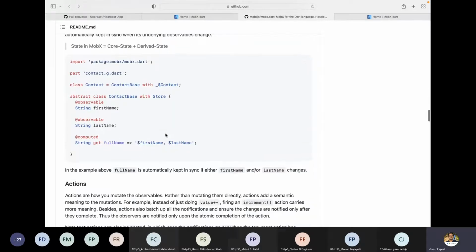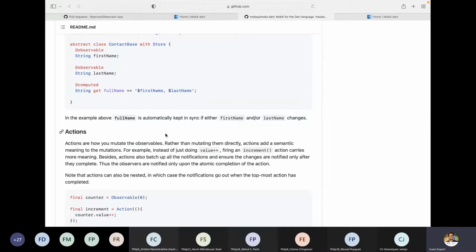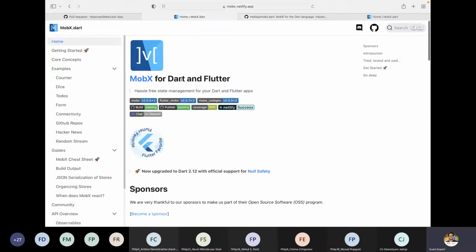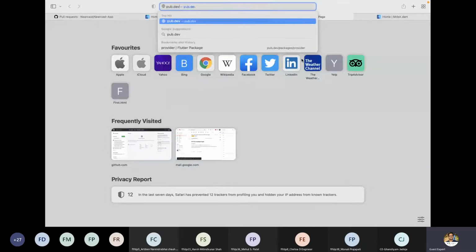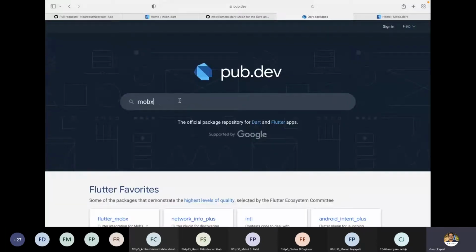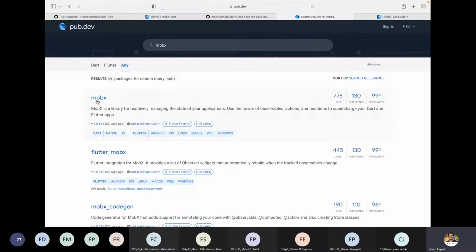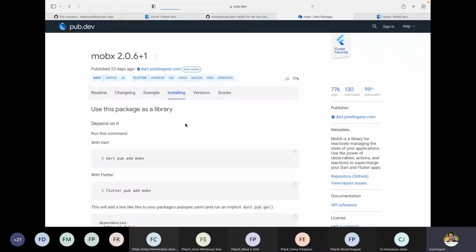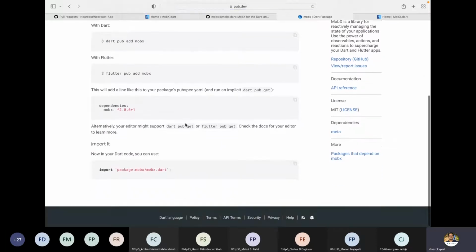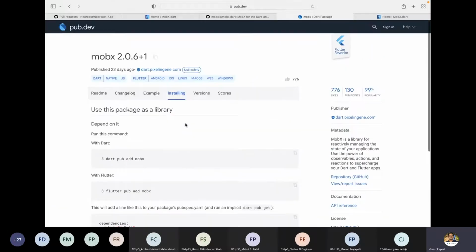So let's just go and see it. But before that, we will go to pub.dev just to see how we can install Mobex. So we will go to Mobex and we will go to install, and it says we need some stuff.